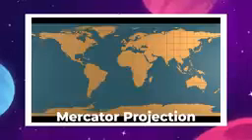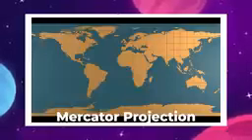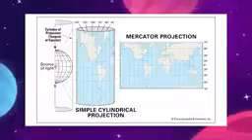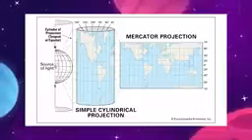This is just one of many projection types that we use to represent a three-dimensional globe as a two-dimensional image that can be printed onto paper. The most common map of the world that we see is the Mercator projection. This isn't trying to claim that the Earth is a rectangle, it's just a very convenient way to illustrate the land masses of the Earth in a very concise and proportional image.